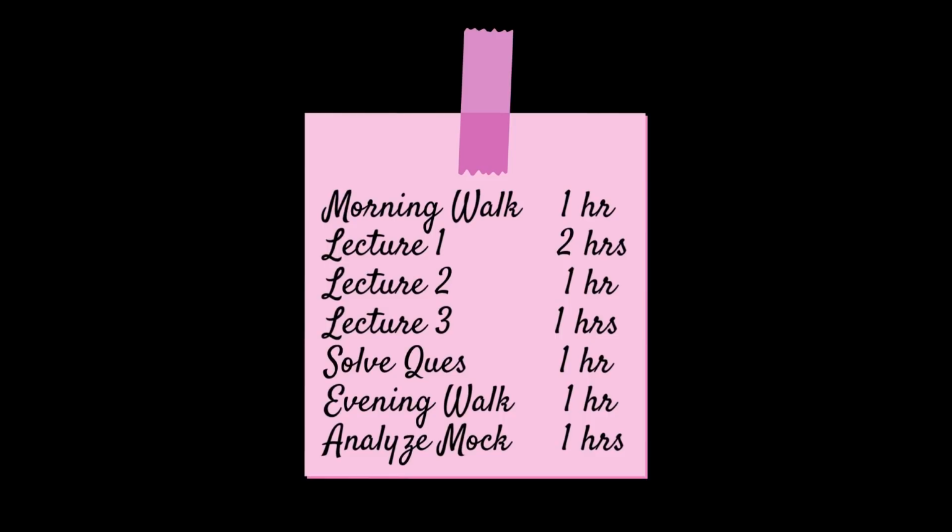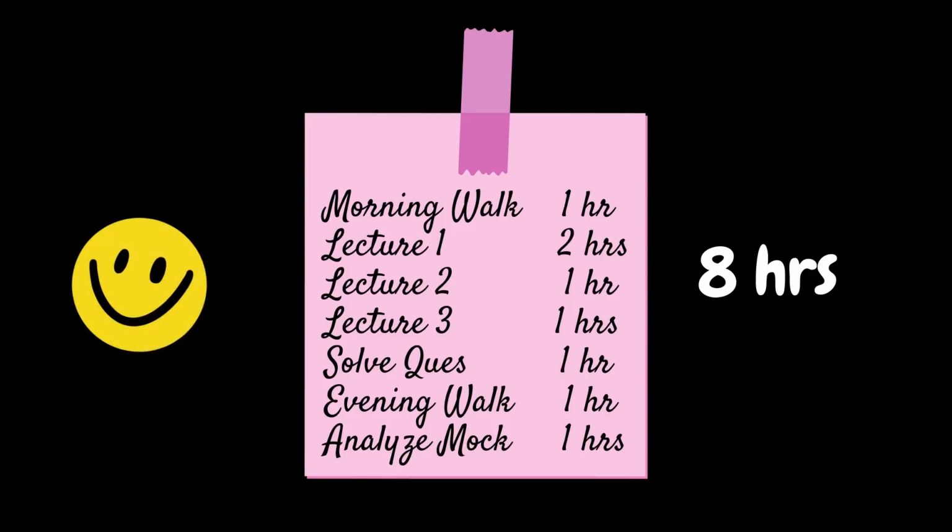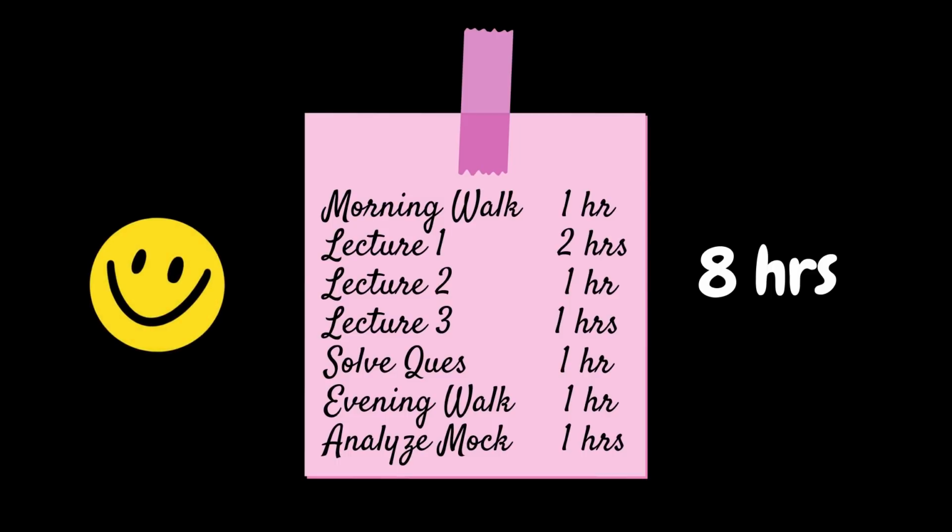At the end of the day, what you will then get to see is first of all a list of all the things that you did, which will motivate you because you did so many things. Instead of seeing that you did only a few things out of a lot of things, you will see that you did a lot of things. And then in front of that, with the time that you would have noted, you can carry out an analysis and see whether a particular task took a lot more than what you were supposed to spend on it. So this is another way to boost your accountability or your time management within the day and get more things done in a particular day.